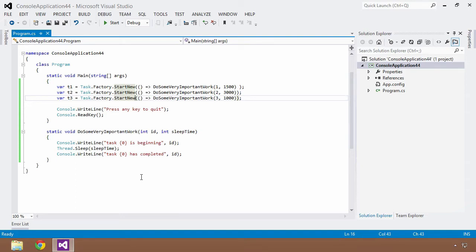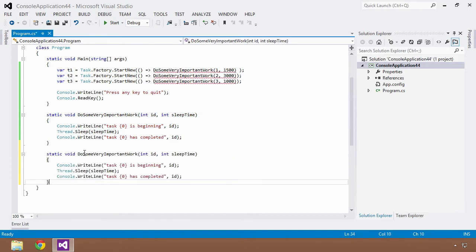Well, oftentimes you're going to want to do some very important work, which is going to be some setup work for another task altogether. So how would I start to chain these things together? Well, there's absolutely a mechanism for you to be able to do that within the task parallel library, and it's called continuing. So let's say that after I finished this, do some very important work, I had to do another method or some other form of operation, and we're going to call this do some other very important work,